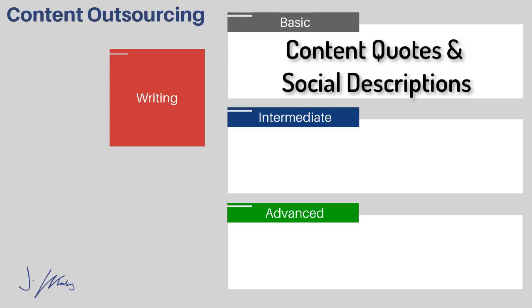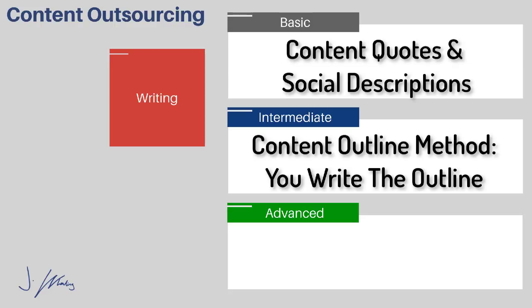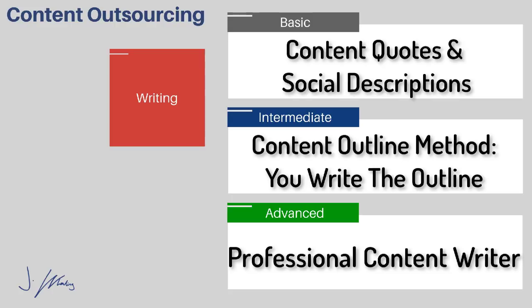The next phase is the content outline method, and this is a phase that I'm personally at, which is working really well, where essentially you outline your content and you write a couple hundred words on what you want in the blog post or what you want in the video, and then you hand it off to someone that you've hired on Upwork, Guru or Freelancer, and they go ahead and fill out the rest of it. So it's kind of like you make the skeleton, you tell them the direction you want the piece to go, and then they fill in all of the meat of the piece of content. Finally, the most advanced and expensive in this step is, of course, just hiring someone to write the entire thing.